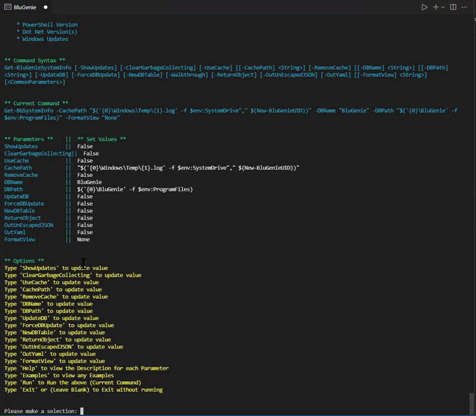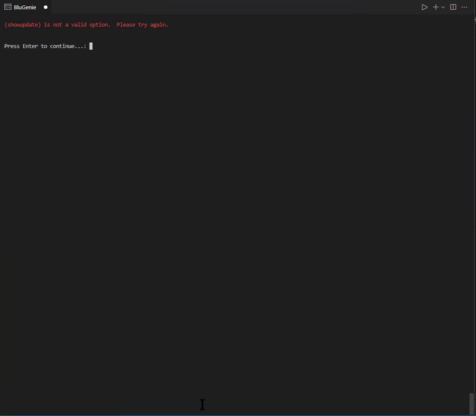So let's say I wanted it to flag show updates. In this instance, I can actually type in show updates to update the value, and here we will do that. I'm actually going to cut it off and not put the S in there because I want to show you what happens when you do process this information. So there's a validation to this as well, and this is all built in to literally stand on top of the PowerShell help. So